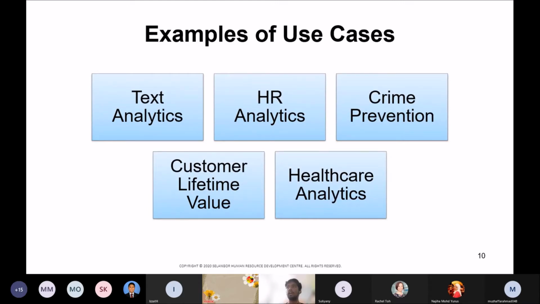And in customer lifetime value, it's like loyalty programs. We can track the customers' data, like where they are spending money and on which products, so we can actually track their lifetime value using data analytics. We can also see whether the promotion campaigns they conduct are successful or not, and what the outcome of any marketing campaign is. So that's the use of customer lifetime value